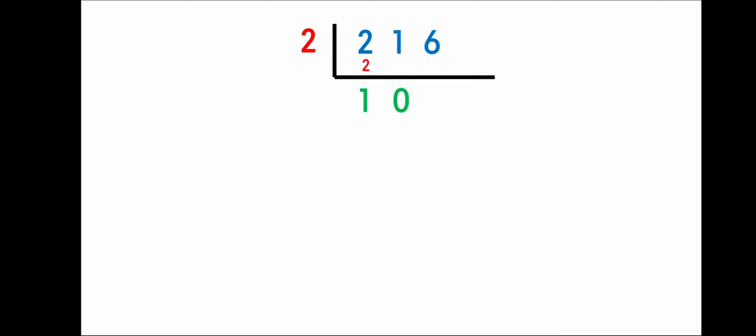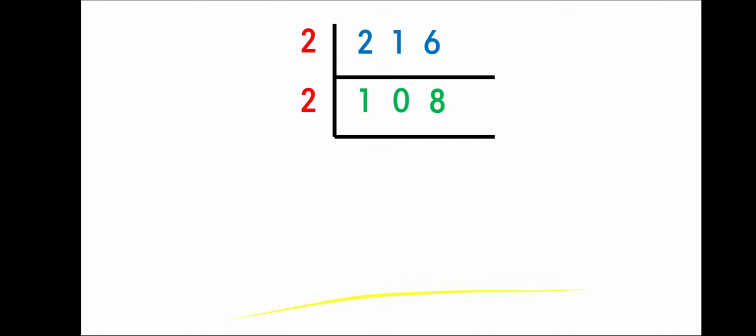See here, 2 1s are 2. The remainder is 0, so there is nothing to be done. So 2 minus 2 cancels, and we don't have any remainder. So we'll move on to 1. We cannot move two numbers at a time in the long division method also. So we go place-wise. The hundreds place is over, next we'll go to the tens place.